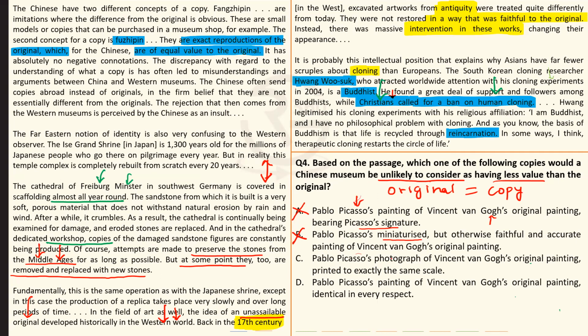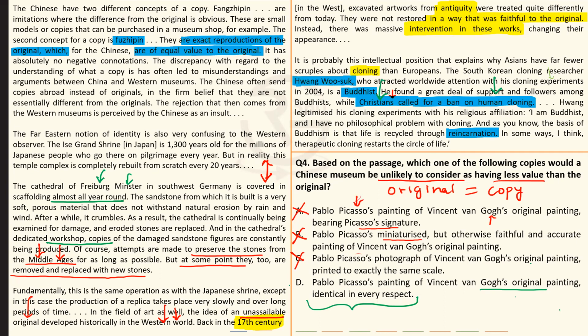तो imagine 3 लेयर वाला काम चल रहा है यहाँ पे. ओरिजिनल पेंटिंग है, आपने जाके उसका फोटो निकाला, वो फोटो जाके पिकासो को बताया, पिकासो आपके फोन में वो फोटो देखकर उस फोटो का पेंटिंग बना रहा है. Okay, he is also drawing the wall जिसके ऊपर पेंटिंग installed है, he is also drawing the painting itself. तो नहीं, ये तो कुछ गड़बड़ चल रही है यहाँ पे, not okay. ऑप्शन D becomes the clear winner. Very simple, very easy question. पिकासो का पेंटिंग, वैन गो की ओरिजिनल पेंटिंग identical in every aspect, मतलब exact